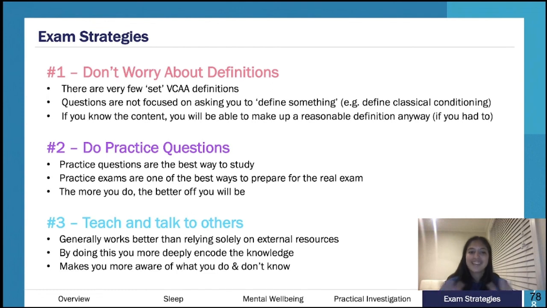Practice questions, as is written out in front of me. Very, very important for every subject that you do. Obviously, like English and stuff, it's different if you're doing essay stuff. But for your sciences and all that, practice questions are really important. Write your own, get practice questions, past exams. Get all of that. Really, really important. Yeah, the others you can kind of read again. Don't worry about definitions. That's a little bit I've kind of talked about.